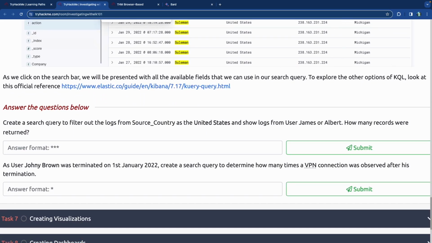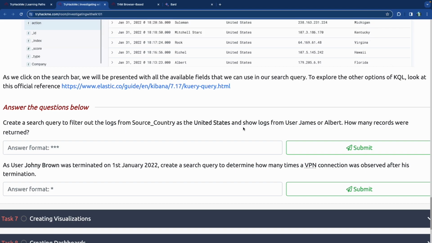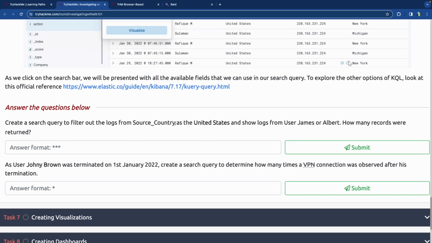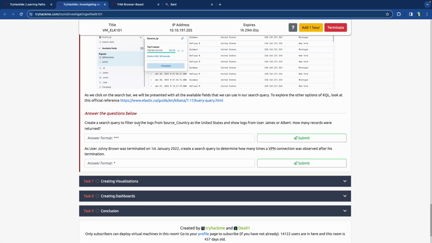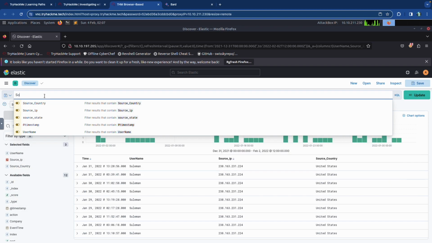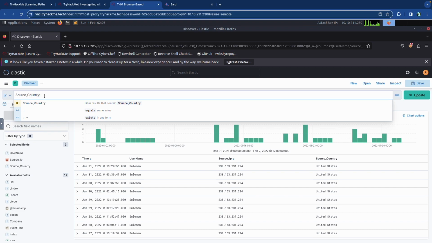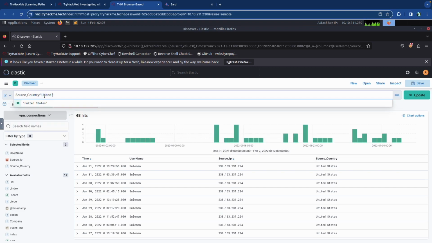So we're going to create a search query to filter out the logs from source country as the United States and show logs for the username James or Albert, and how many records were returned. So let's try to create a query for that. So the piece of that could be source country, could be one of the things right here, and we could do United States, right?